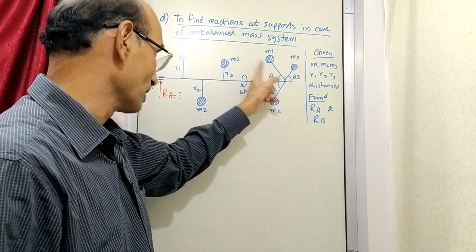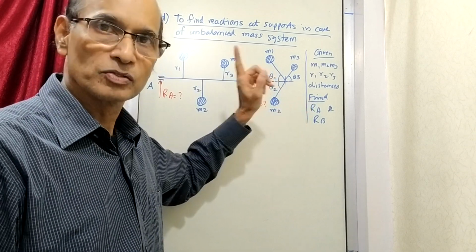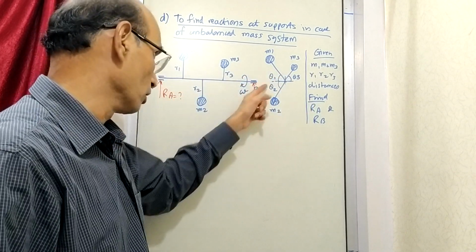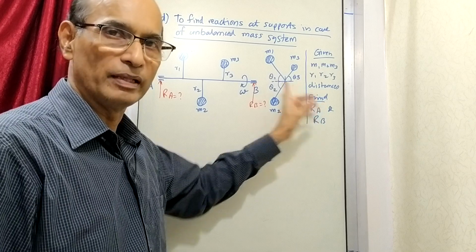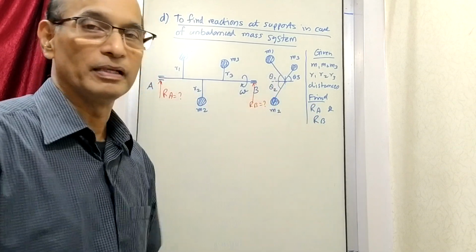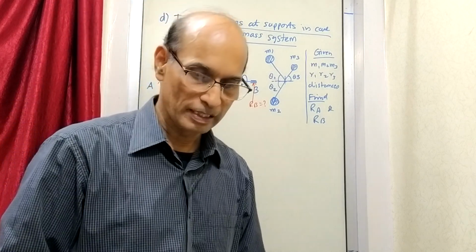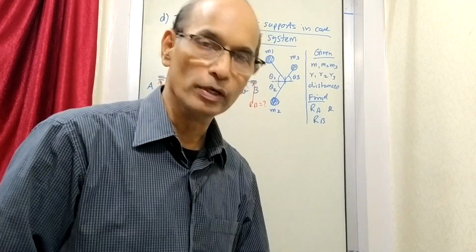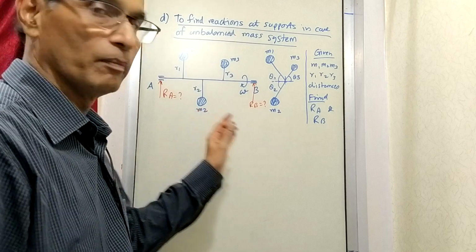As you can see, these three masses themselves are not in one plane. So likewise, this RA and RB also are not going to be in the same plane. This is just a representation that there are reactions and we are asked to find out what they are. So let us see how this is done, and we do it by way of making a table just like